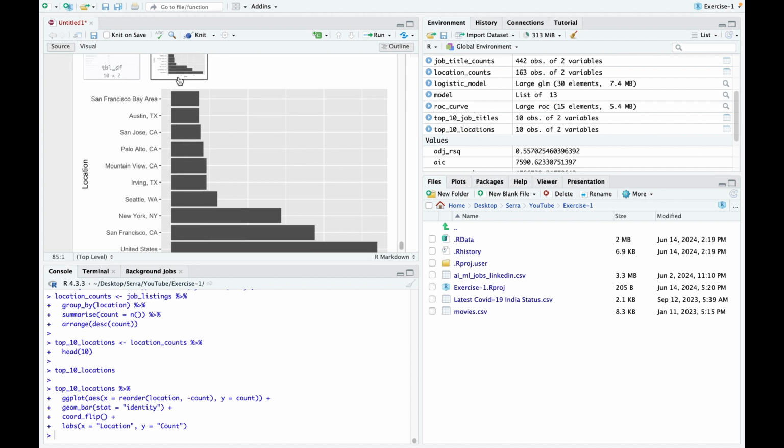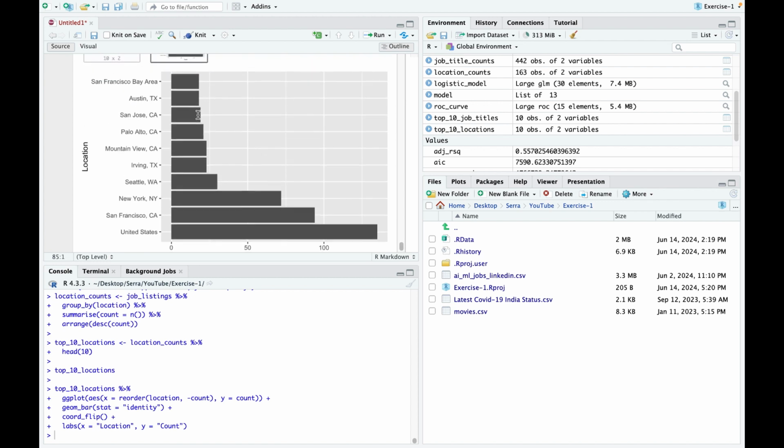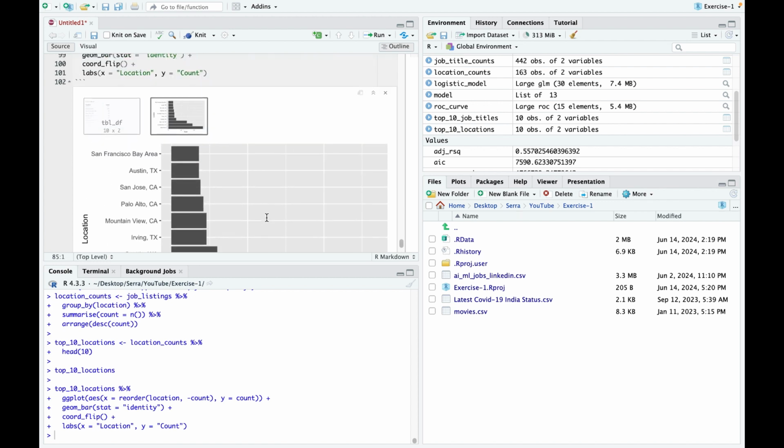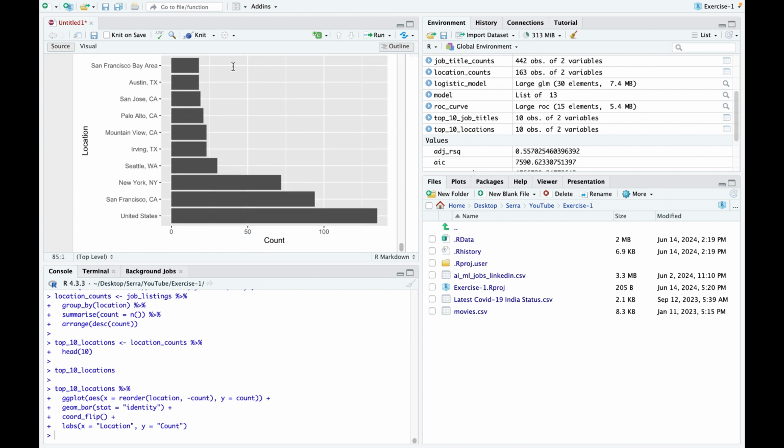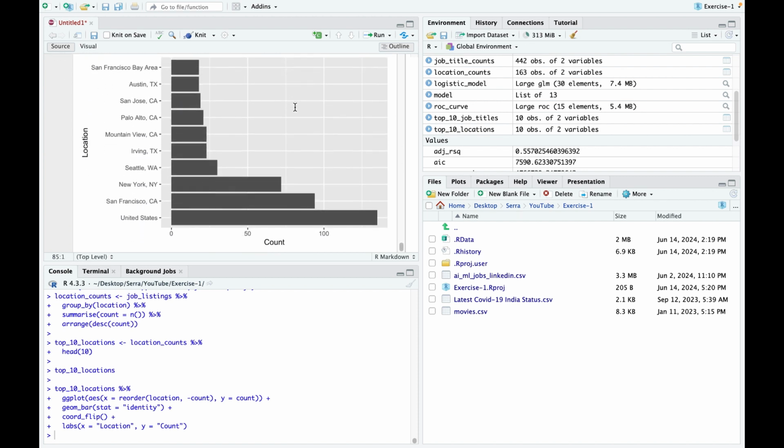And now let's look at the geom bar. As you can see here, the coordinates are flipped. Normally location should be the x-axis, and also it gave it in the reverse order. So United States should have been at the top, but we reordered it. So it looks like